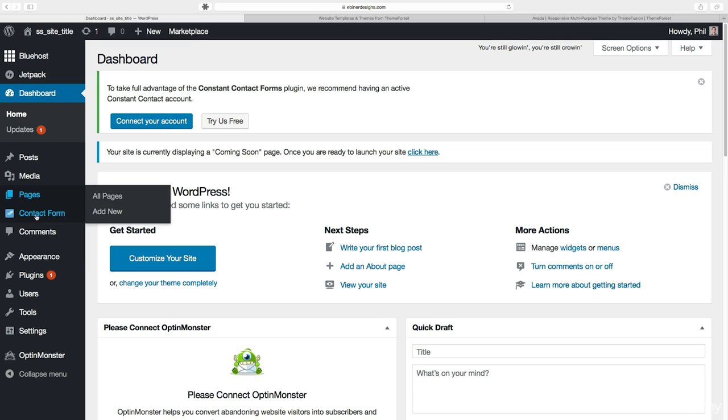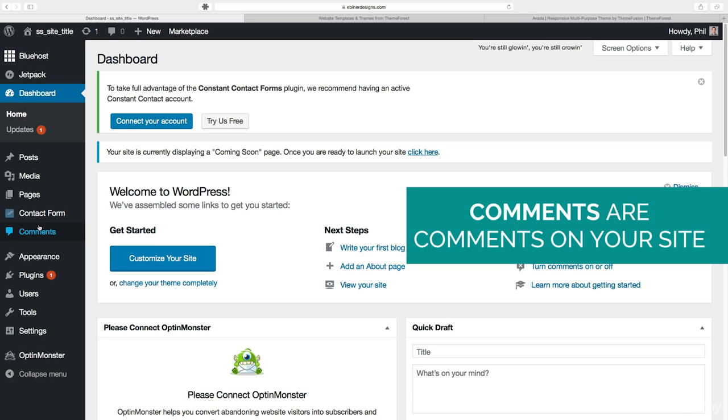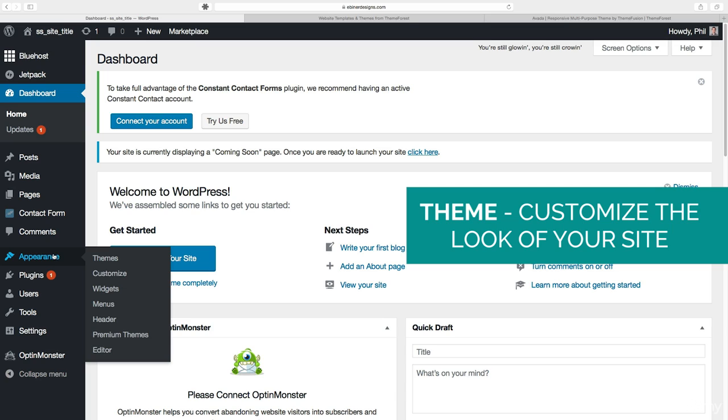Again, you see the submenu where you can view all pages, or you can click add new to add a new page. I'm going to skip over contact form because that's only for this install of WordPress. You have comments, so if you have comments on your website, you can moderate them there. Appearance, this is a very important one where you're going to customize your theme, your menus, what everything looks like, and we're going to be diving into this in the next lesson, including installing and finding a new theme.